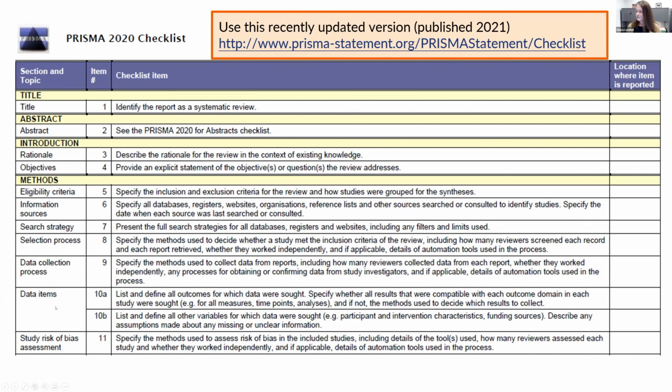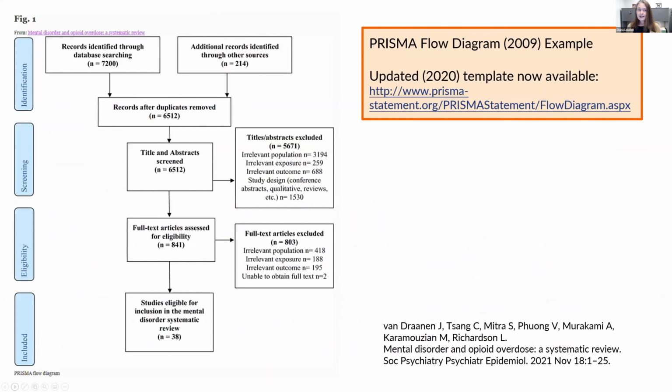I think that's pretty self-explanatory. You often submit that with your manuscript to a journal publisher, just to demonstrate you've complied with the checklist, you followed it. And this is an example of a PRISMA flow diagram that is typically included as a figure in a published article. Again, there's a 2020 version, but